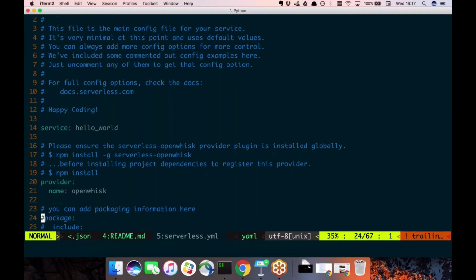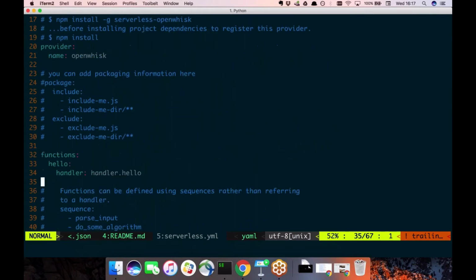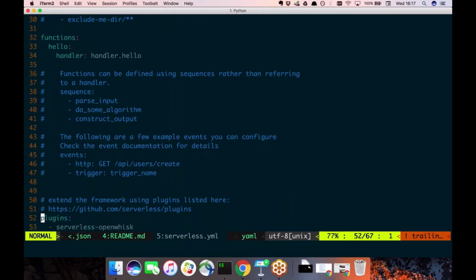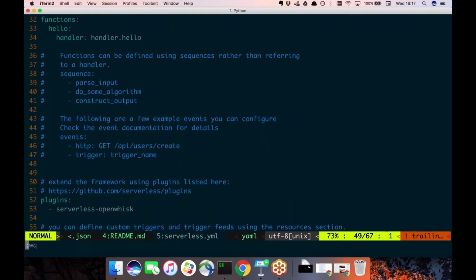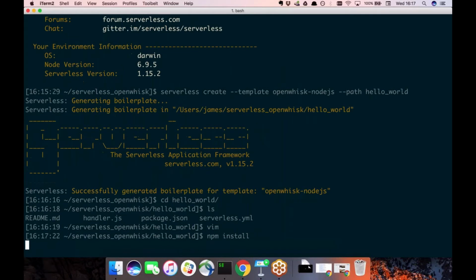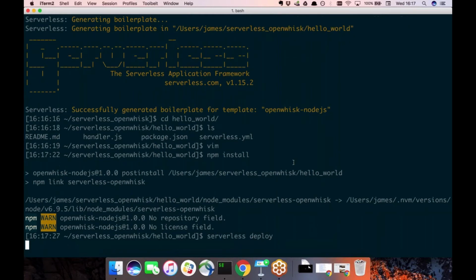We have the provider name filled out for you, and then if I skip past all the comments, you can see this is just a really simple basic hello world config of creating one function called hello, which has that particular handler. And again, it shows you how to set up the events and sequences for your runtime. So without really knowing too much more about this particular provider, all I have to do is install the provider plugin from NPM, and then I can type serverless deploy, and hopefully